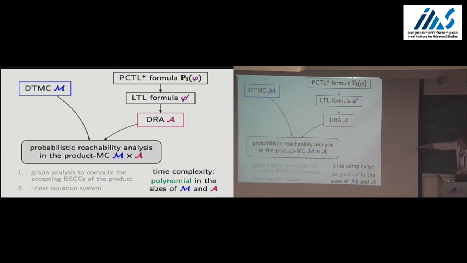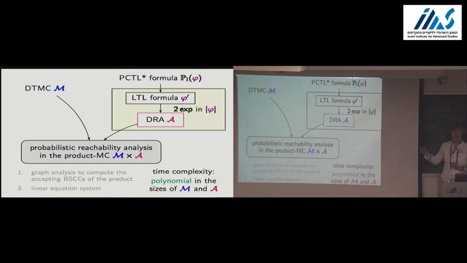Which means that the time complexity for this part is polynomial in the size of M and A. But being polynomial in the size of A is at the same time the problem, because here we can have a double exponential blow up, and there are examples where this is not avoidable, independent of the algorithm you choose here. And Moshe is...